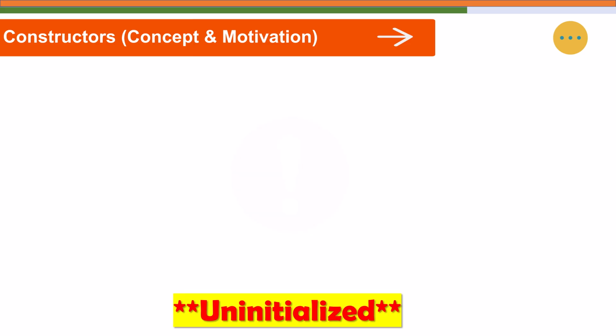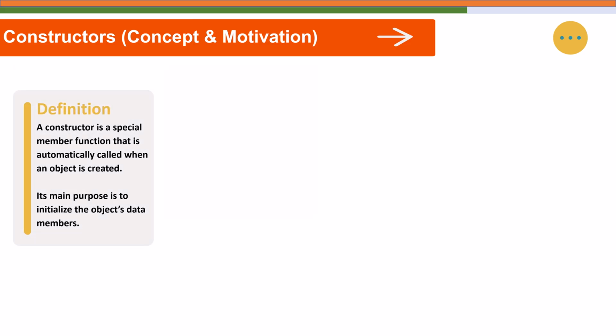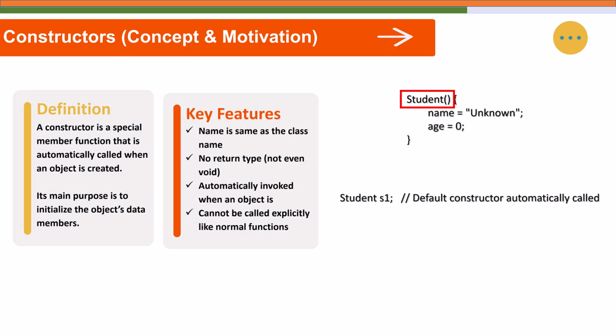A constructor is a special member function inside a class that has the same name as the class and has no return type. You do not call it directly. The compiler basically calls it automatically when an object is created. Its main purpose is to initialize the data members of a class, in other words, to give the object a valid starting value. Without constructors, we would have to write extra lines every time to manually initialize variables, for example